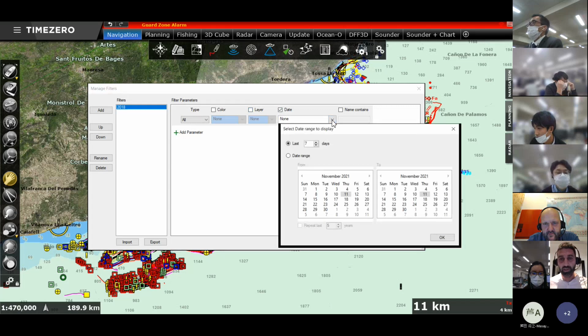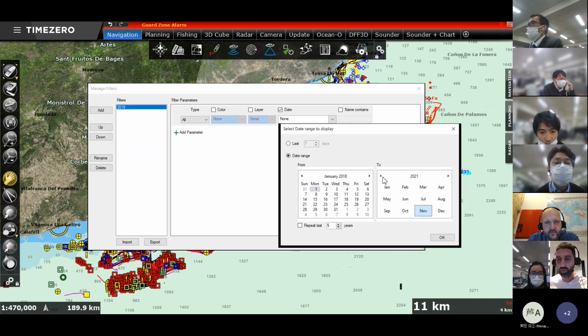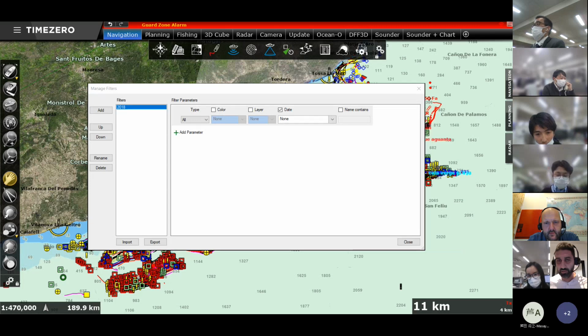All right, so I go here, and here I will be able to select a range. So I want to filter the year 2018. So I go to January here, beginning of January, and here I will go to the end of December. Now I have created my filter.